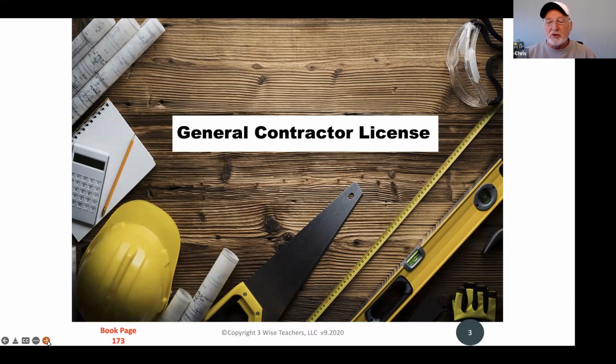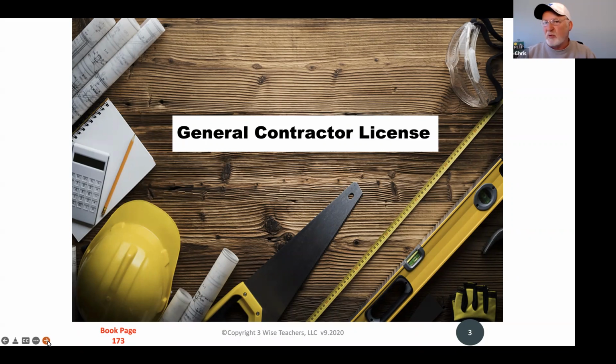Real quickly, general contractor license. If any questions come up at all about this, it may go something like this. For someone to build a house or to do an improvement on a property that is greater than $30,000, they would minimally have to have a general contractor's license to do that. So if you were to build a home and then try to sell it, unfortunately, if you didn't have a general contractor's license, you couldn't sell it immediately, but a GC would be able to put it on the market and sell the property right away.